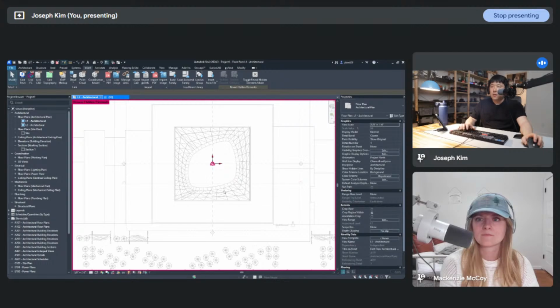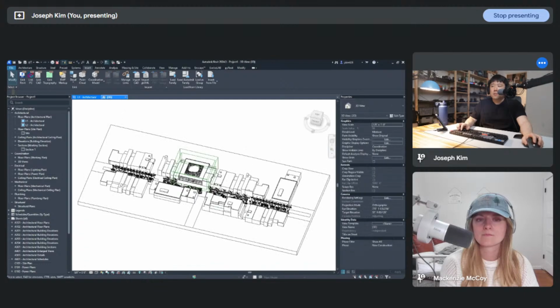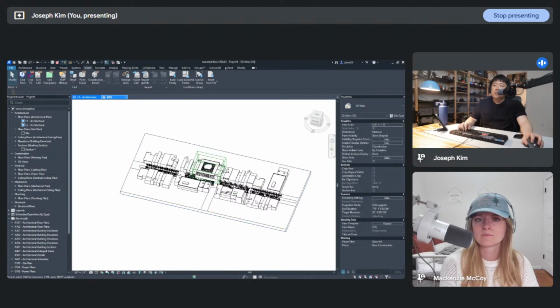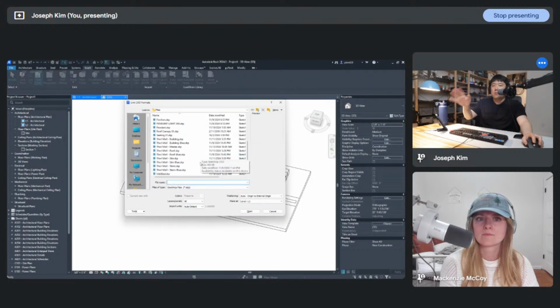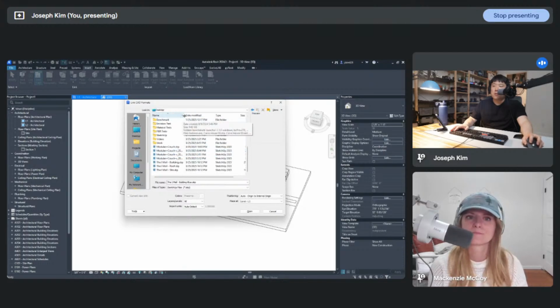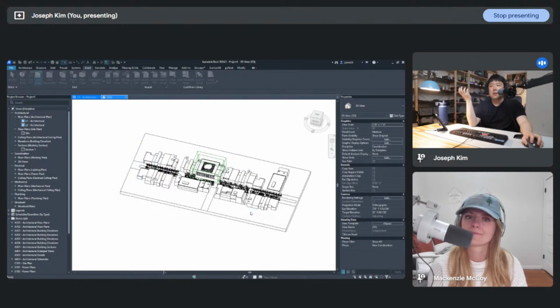And then on top of this, I'm going to try to bring in the roof. So for example, if I were to go out here, and then I'm going to link. Because this is a CAD link, I'm also going to bring in just a roof only, just for proof of concept. Let's bring in the building context. So I'm going to go to the desktop, which I had saved out, which is this one here, site, which includes the context and the landscape design that is continuously moving, right? So once I bring that in,